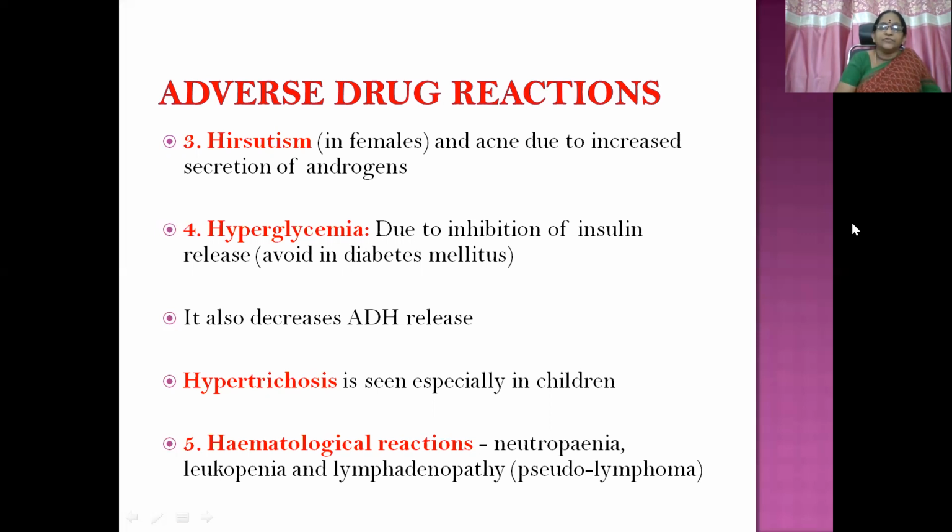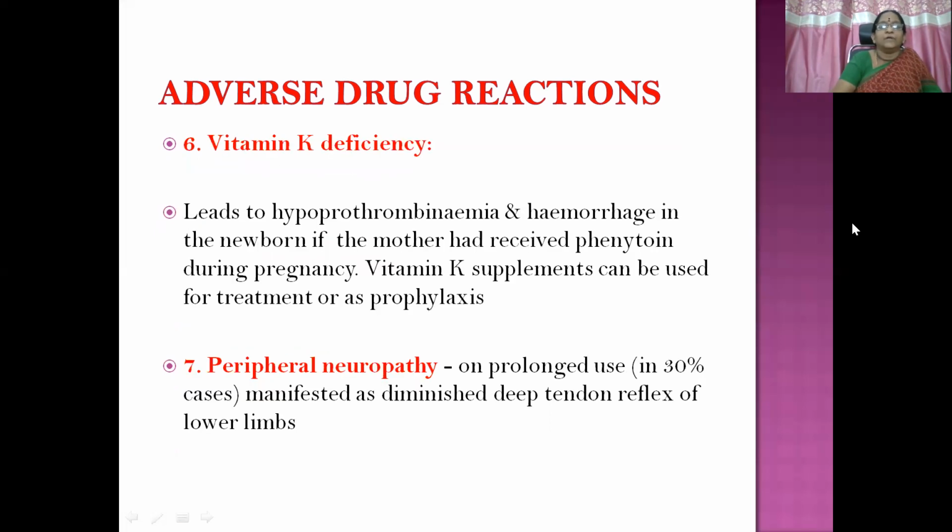Hematological reactions like neutropenia, leukopenia, lymphadenopathy, otherwise known as pseudolymphoma. Vitamin K deficiency, which results in hypoprothrombinemia and hemorrhage in the newborn if the mother receives phenytoin during pregnancy. So the treatment is vitamin K supplementation for the treatment as well as prophylaxis. Then peripheral neuropathy on prolonged use, that is in 30% cases, it is manifested as diminished deep tendon reflexes of